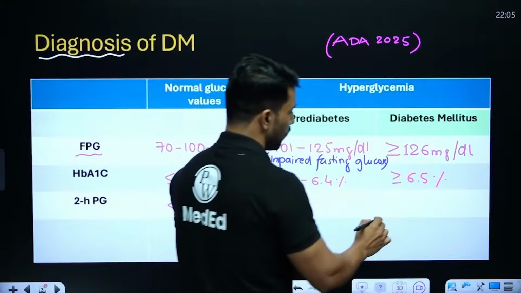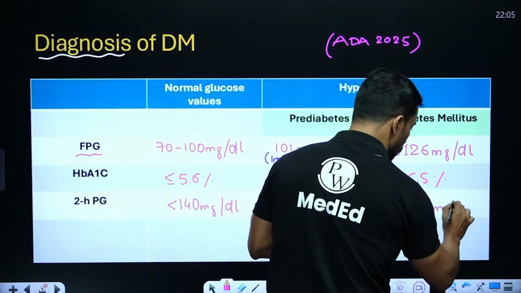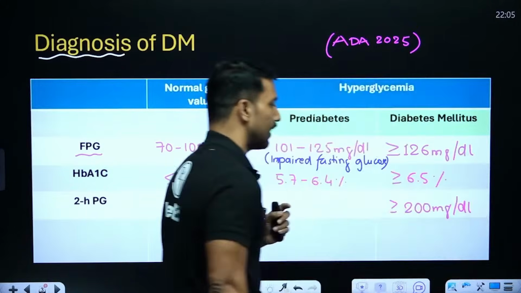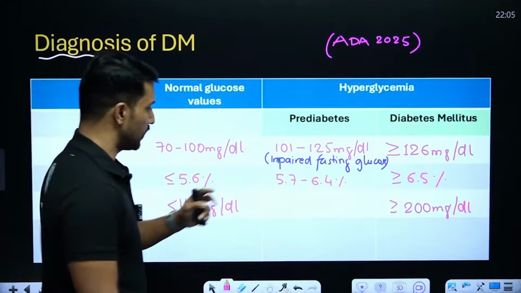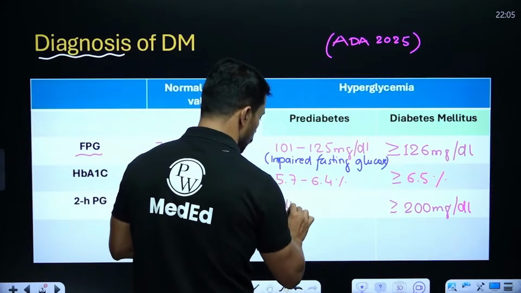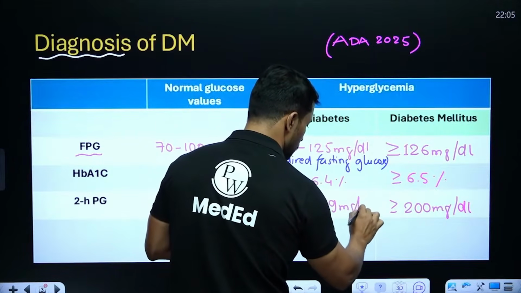But if it is more than or equal to 200 milligrams per deciliter, we will call that individual as having diabetes. And the values in between, that is 140 to 199 milligrams per deciliter,